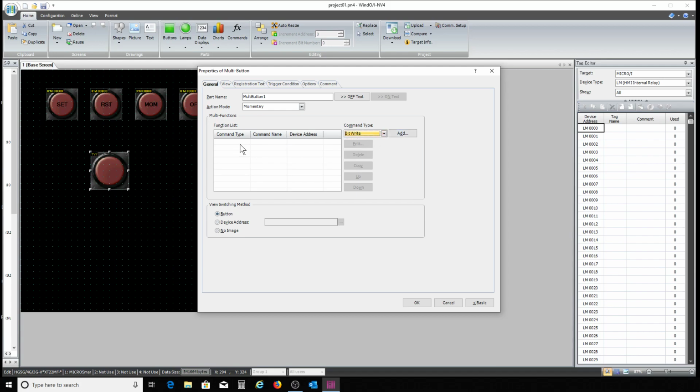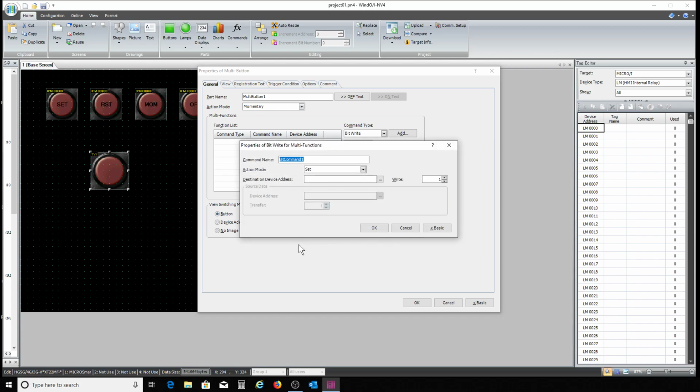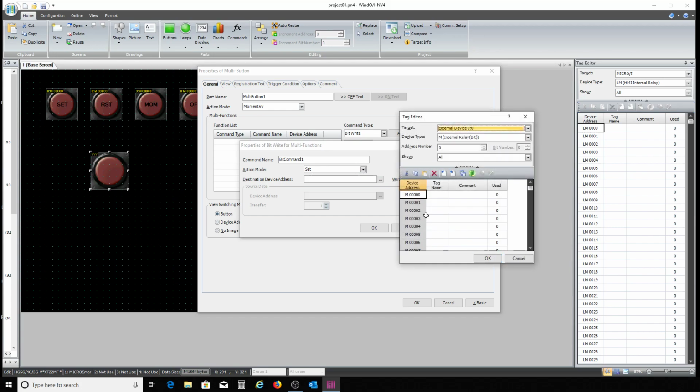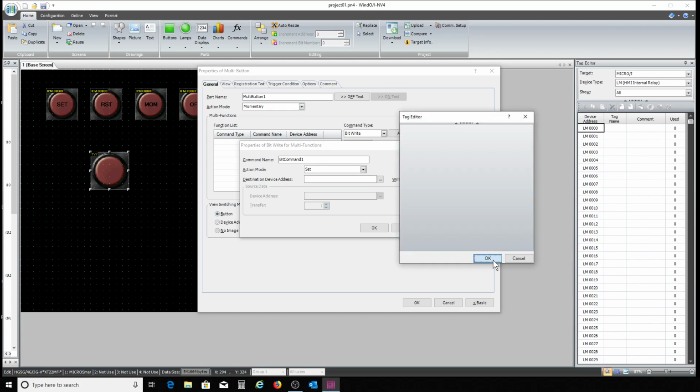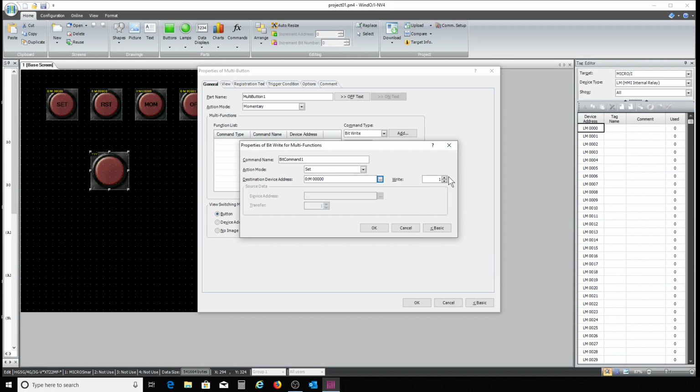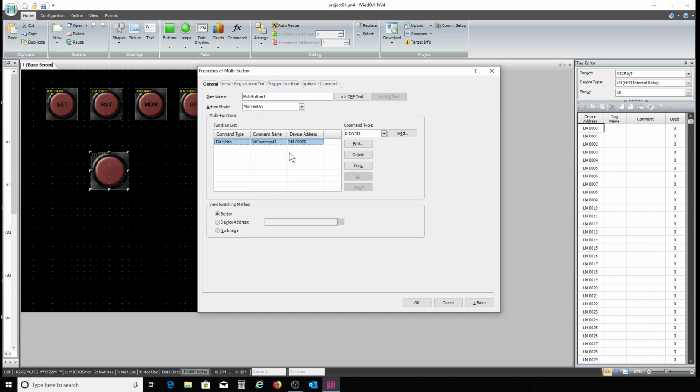All right, I want to add a function. That's what this is. This adds a function. Okay, my action mode, this bit command button is bit command 1. I want it to set. Okay, setting M0 in external device. That's what I want to do. Set that one. Okay, it's going to write 1 to it. I'm going to click OK. Now this bit command is going to set